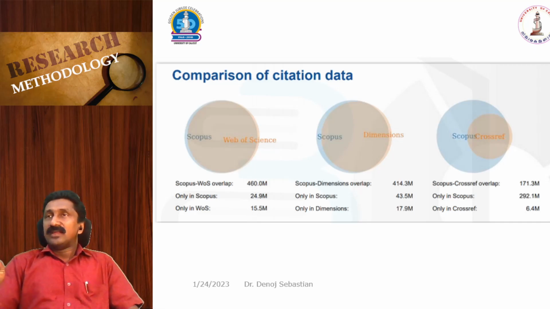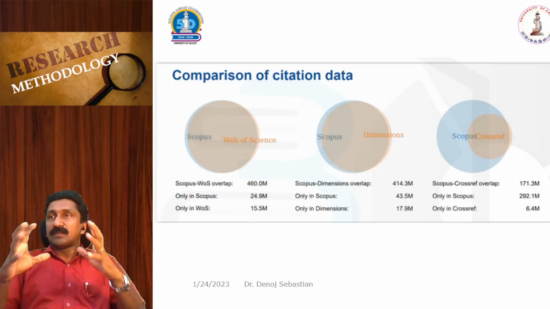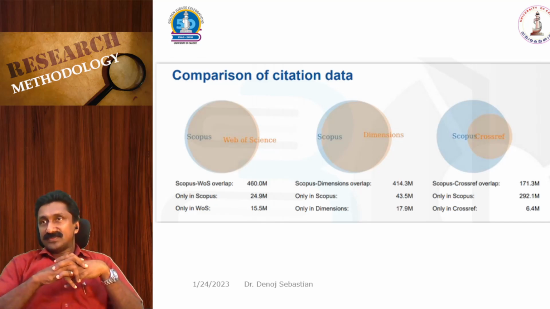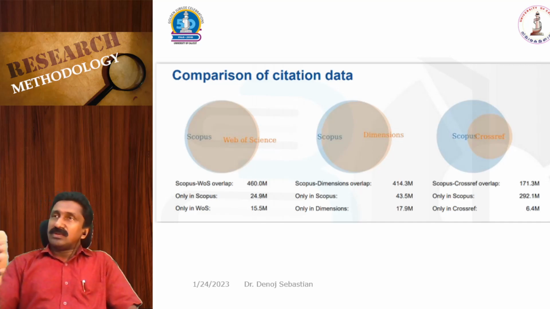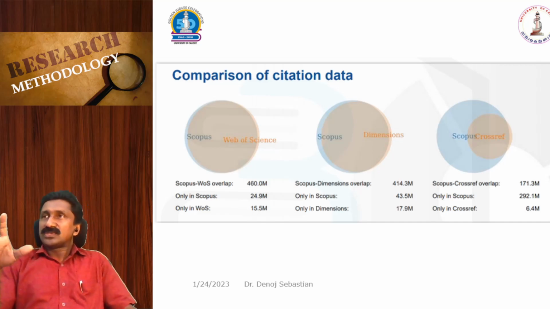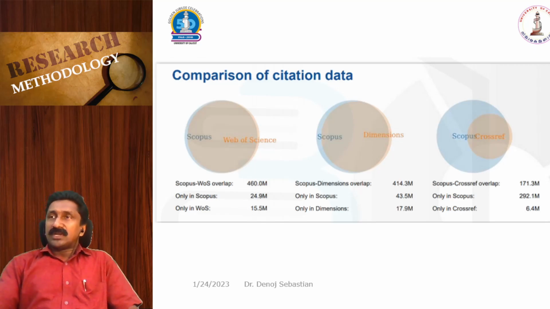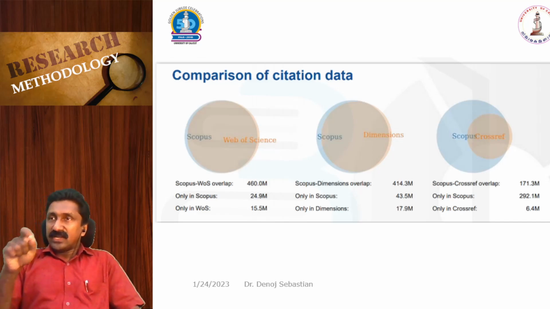Only then can you have 100% representation of all the available articles, because there are unique references present in such databases. Still, many of the articles are shared between the databases, so you can download any of them. But if you want 100% representation of all the information in that area, which is actually required when you are writing a systematic review,